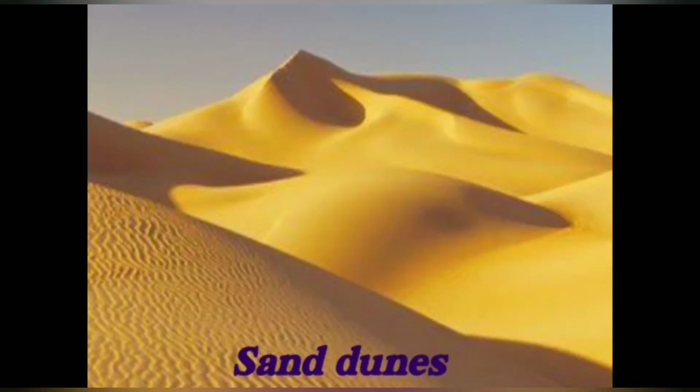Sand dunes. Sand dunes are hills of sand that are made by winds as they billow across desert. With strong long-lasting winds, sand dunes can grow very high and be many miles long. Strong winds can also blow sand dunes very slowly along the desert.